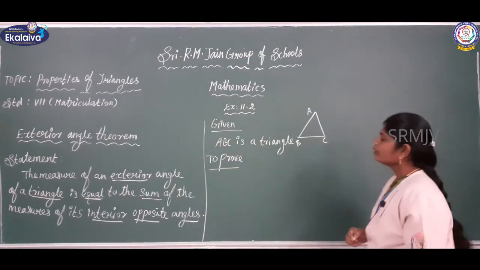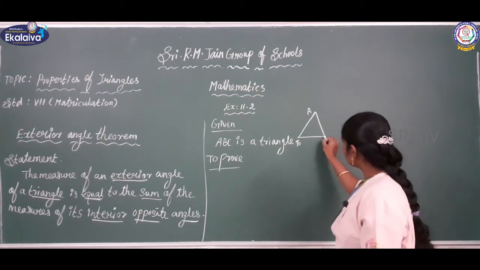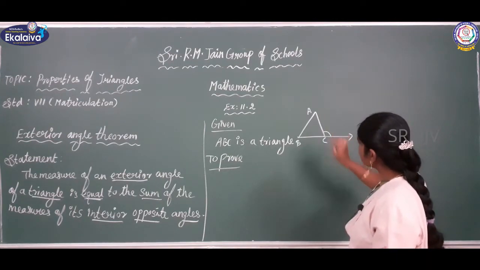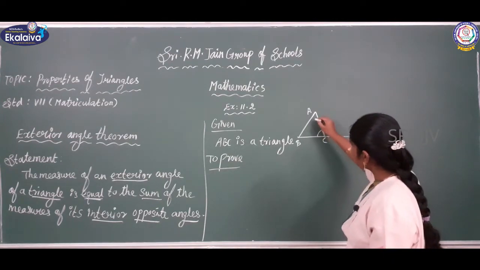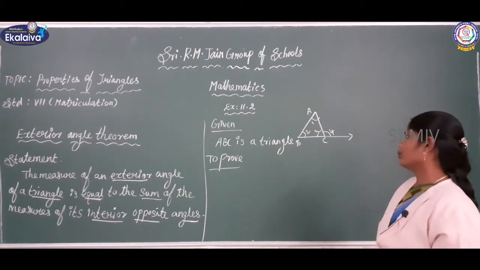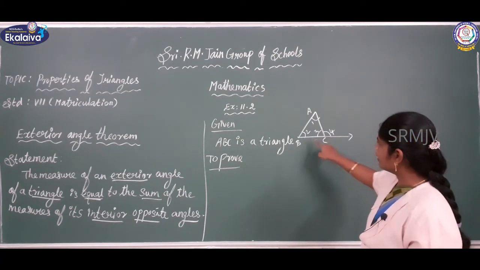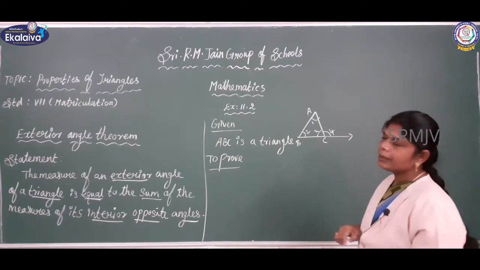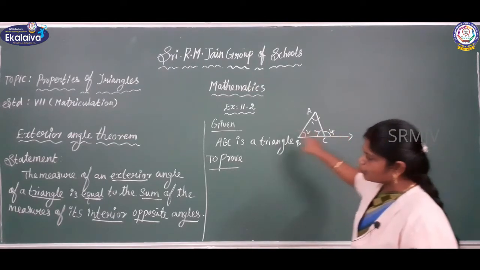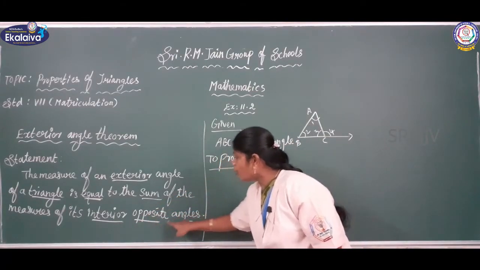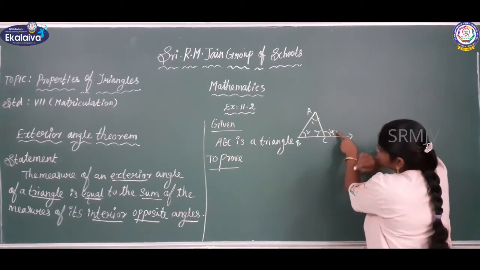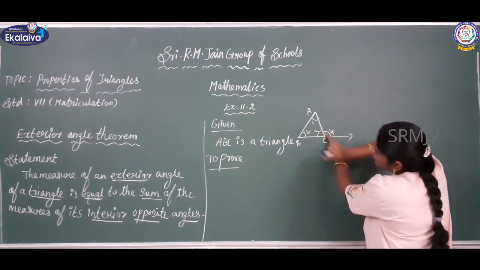exterior angle. Okay. Before we prove this, we are going to construct this. Here you extend the line. This is the exterior angle and this is the interior. These angles represent 1, 2, 3. The exterior angle I am naming 4. So construction we did here: we extended the line BC. So we are going to prove angle 4, the exterior angle, is equal to the sum of the interior opposite angles. The exterior angle is 4, the opposite interior angles are 1 and 2.